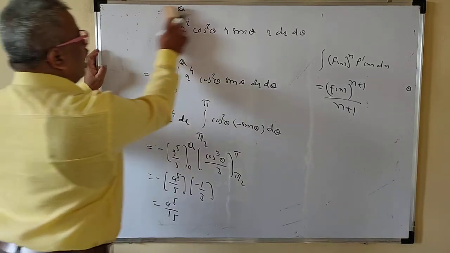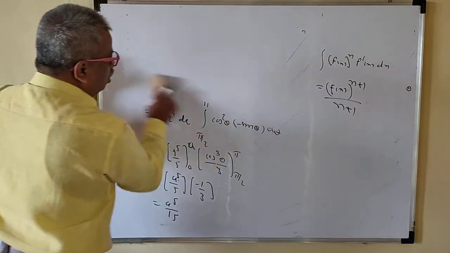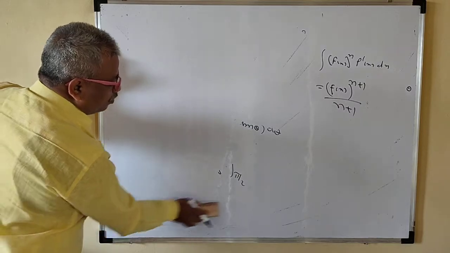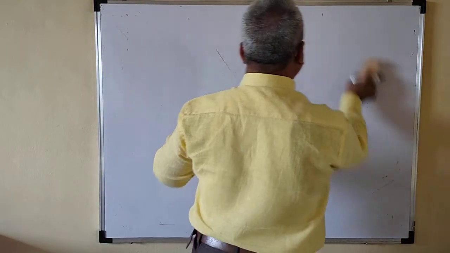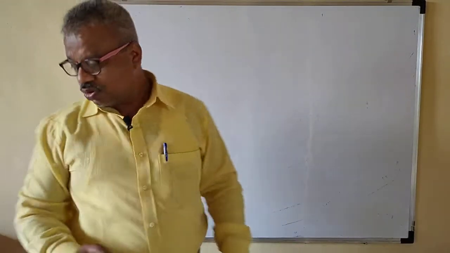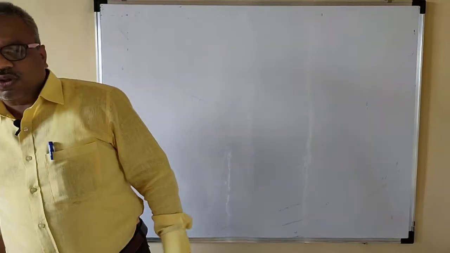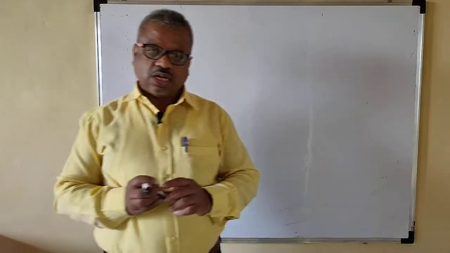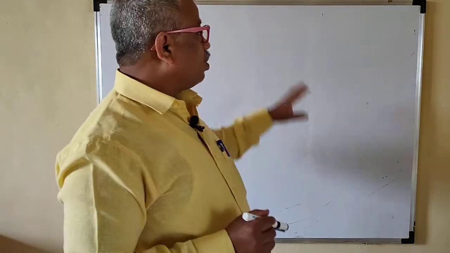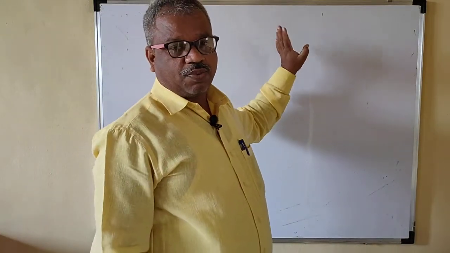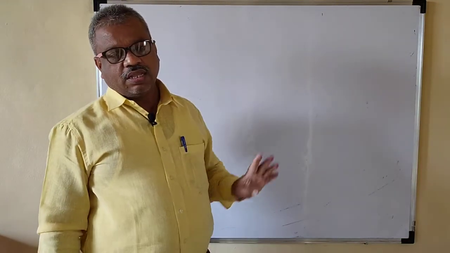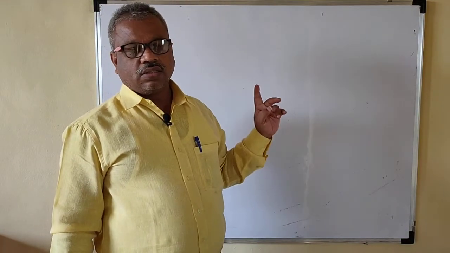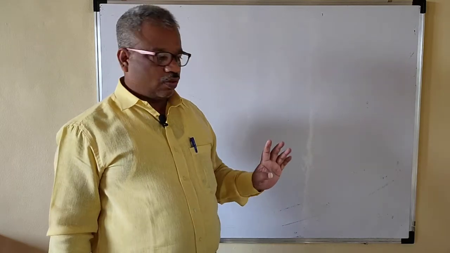Okay. So I hope that you understand how to solve double integral with the help of the polar coordinate. So easily you can integrate double integral with the help of the polar coordinate. So you can apply the polar coordinate when your region is the circular region only. The function is not important here. Region is the important thing. If your region is the circular region, then only you can apply the polar form.